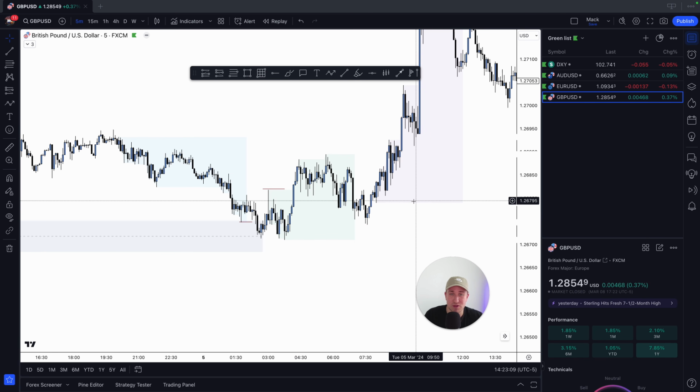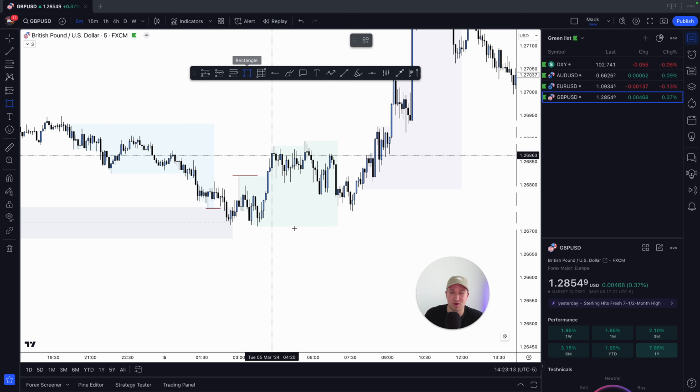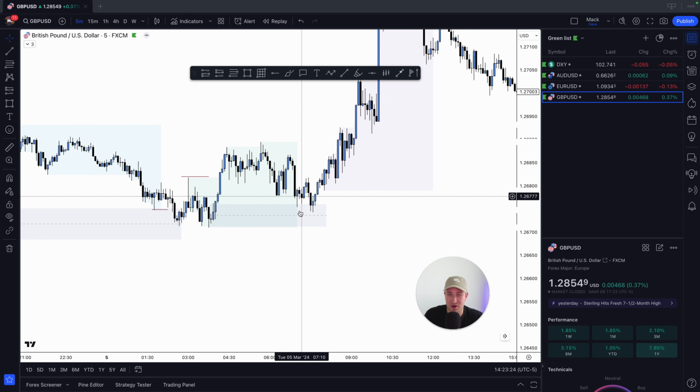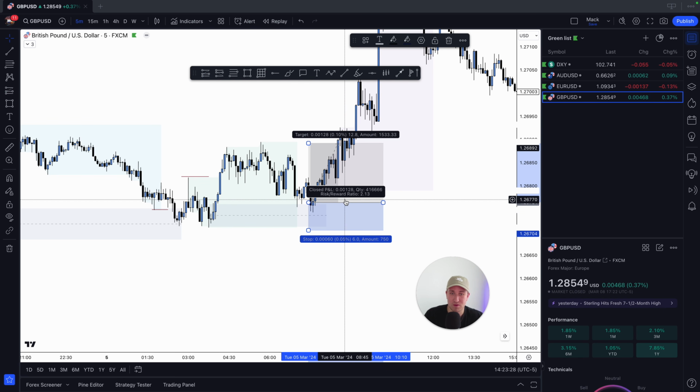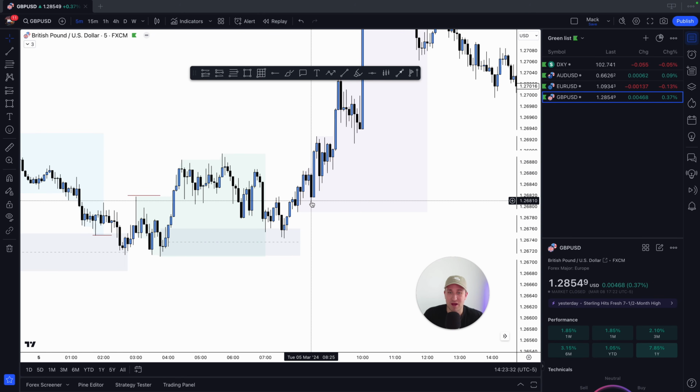So that means most likely London session is going to hold, the low is going to hold. And right here, you can see we have a nice demand zone that caused this move to the upside. We retrace right into it, and this is an area where you could have looked to put an entry at the London low, or what you could have done is waited for a confirmation and wait for a structure shift